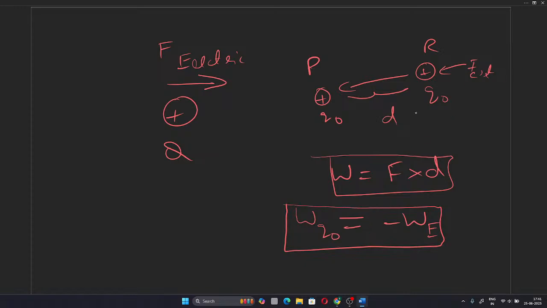So when there is some work done in moving this charge from R to P, this work done, or this energy, is stored somewhere, as in this system we do not consider any external forces. We only consider that in our system, or our universe, there exist only two charges: capital Q, the main charge, and the test charge Q naught. In this scenario, when we move this charge from R to P, the work done for moving that charge should be stored somewhere,